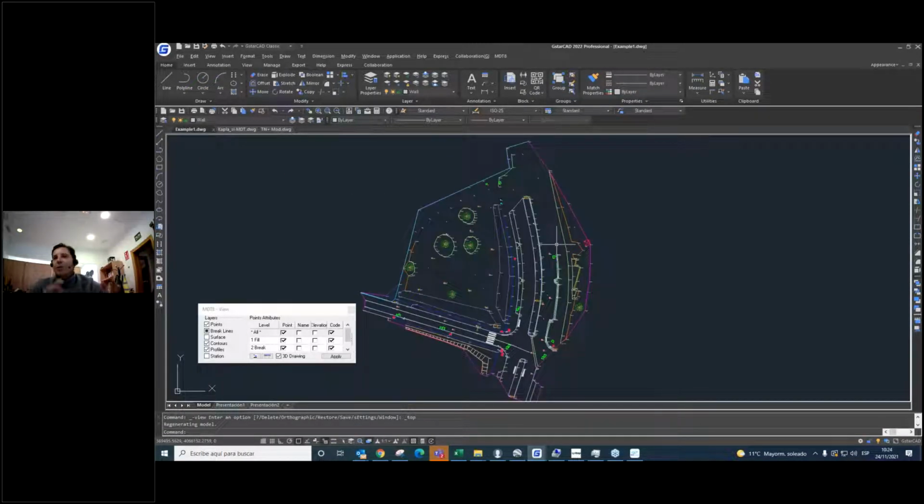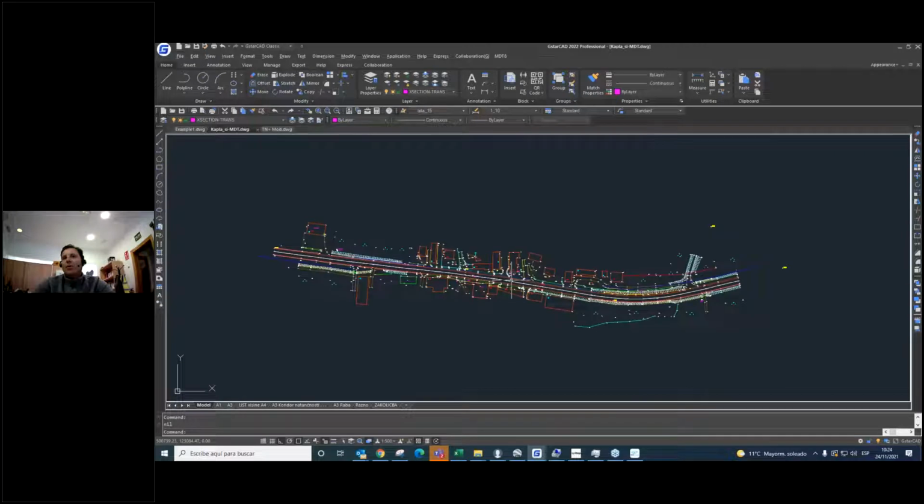So right now I'm going to continue the demonstration with one sample in the local Slovenian region. It's one example that someone gave us to show the demonstration, and it's a survey that is cartography or drawing with another software, I don't know. And we can work with this kind of entity directly with MDT. Not only with points from the device, we can use a cartography from different sources.